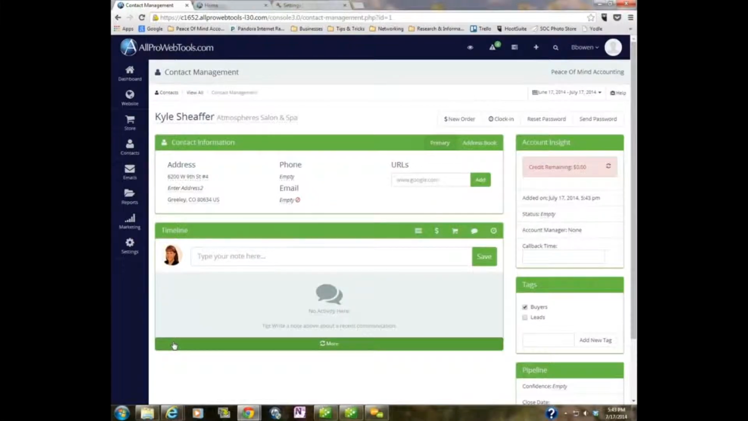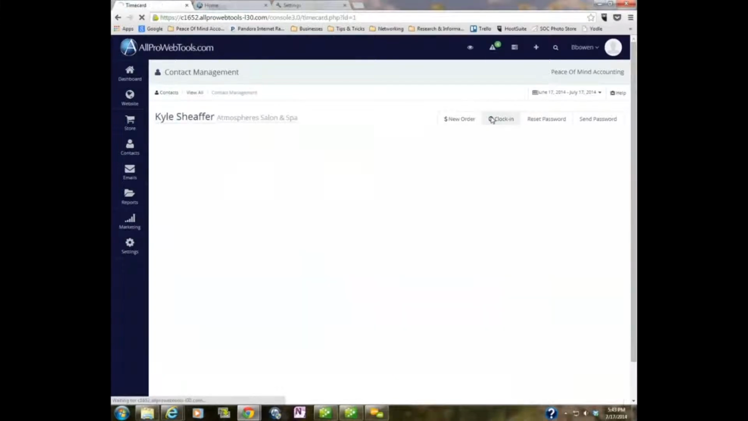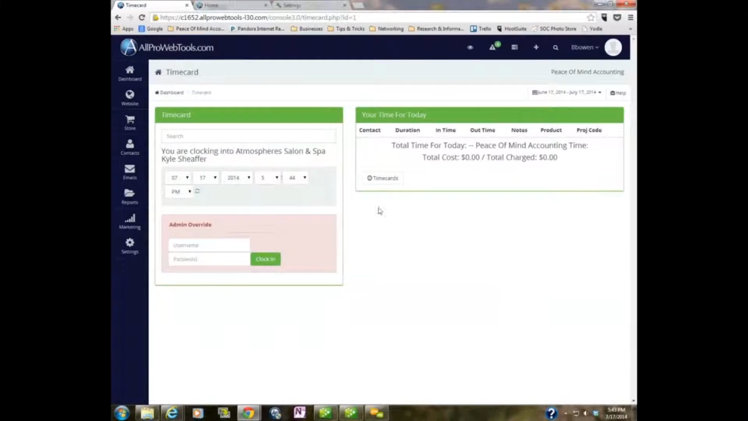So let's go ahead and clock in on them. Up at the top it says new order and clock in. Okay. So there you go. It says you are clocking into this account, and you can set the time, it's automatically